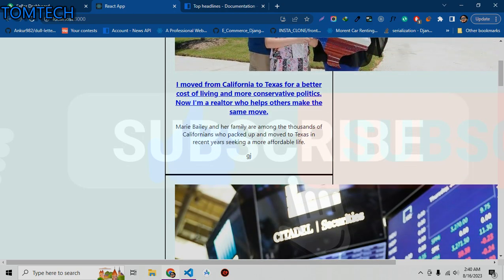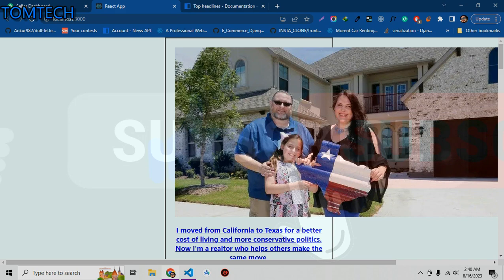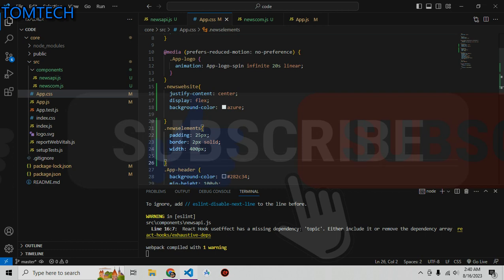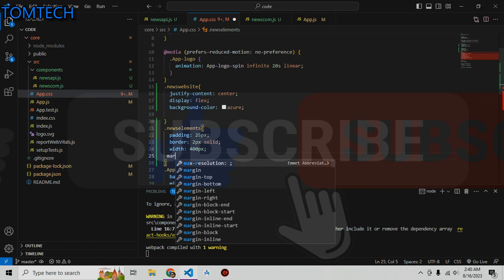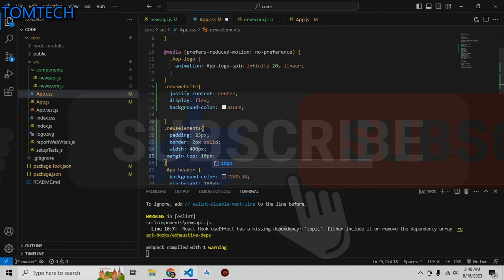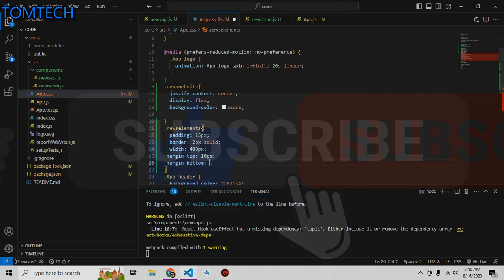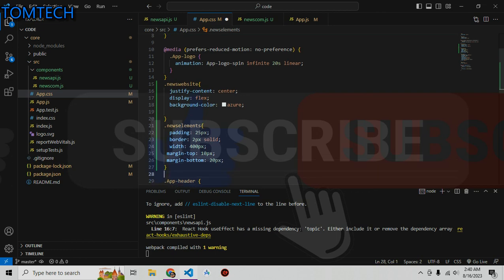Yeah, it's looking good, I think. Okay, we should align the pic. Okay, so we need some margin in the top. It's 10 pixel. The margin bottom should be 20 pixel, and this